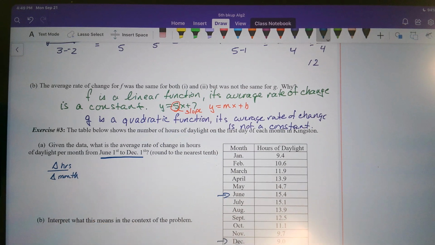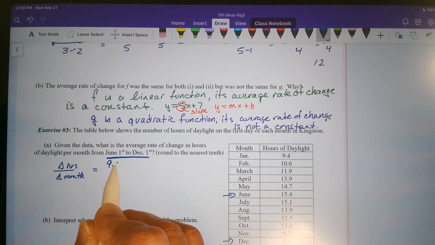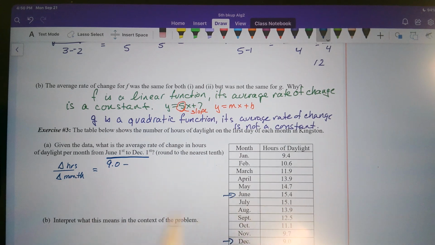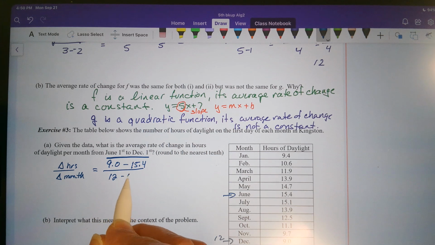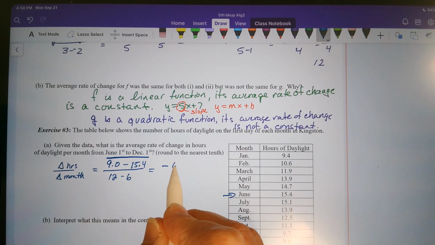Alright, so I'm starting with December. Hours is 9.0 minus then June 15.4, divided by December is the 12th month, and June is the 6th month. So 9 subtract 15.4 is negative 6.4